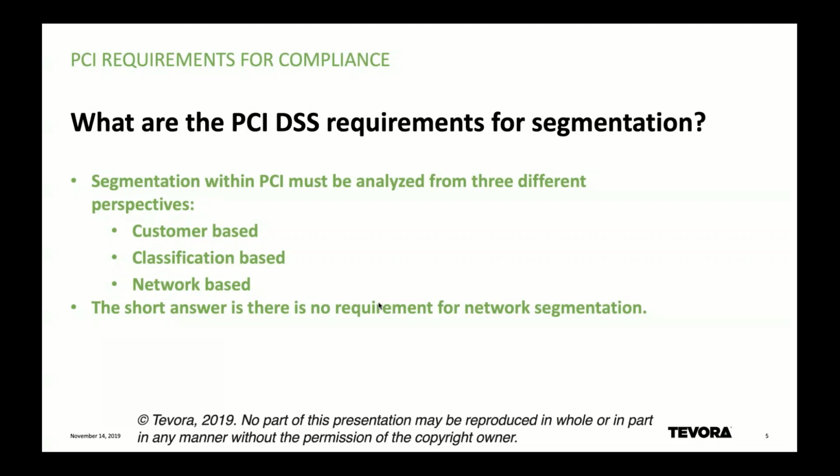I know a lot of people by now are scratching their heads, like, well, we're having this big discussion around segmentation, so we're going to talk about network segmentation, but there's no requirement for it. There's not a requirement where you have to show evidence of network-based segmentation, but there's a huge impact when you don't have network-based segmentation. And that's that with the lack of network-based segmentation, then everything inside of your environment becomes in scope. And I'll just let that sit there for a second, because when we think about the concept of everything being in scope, it's